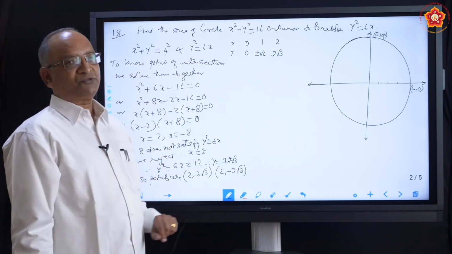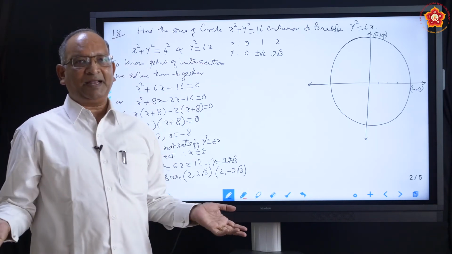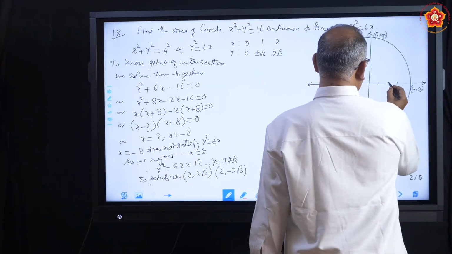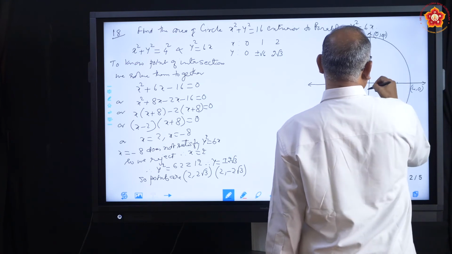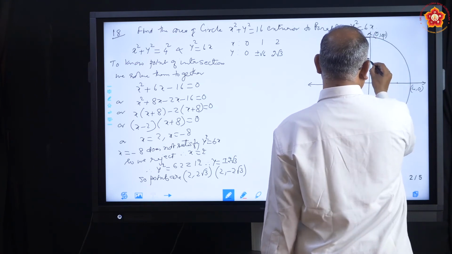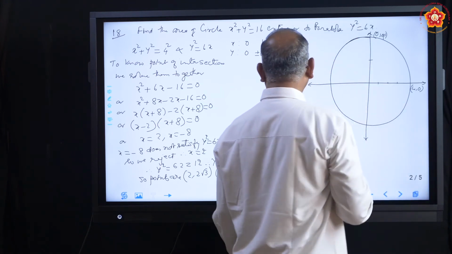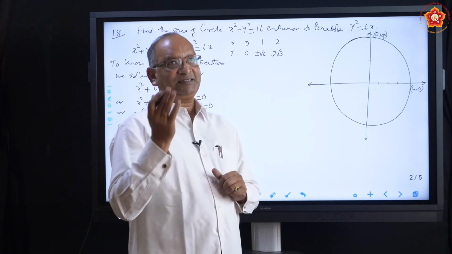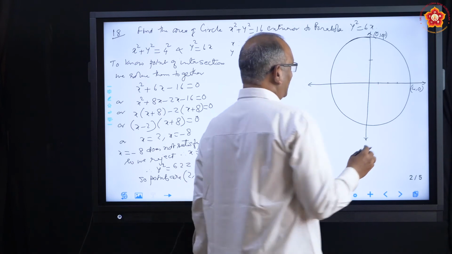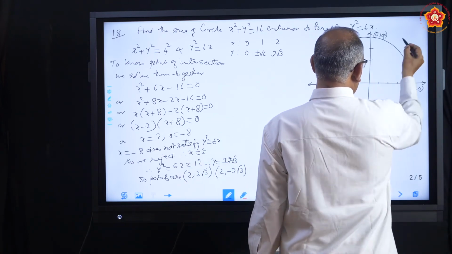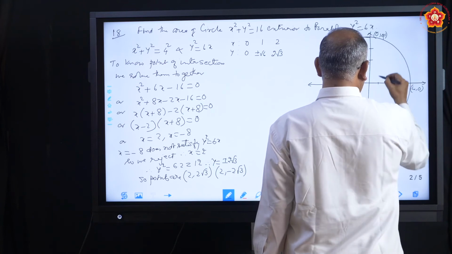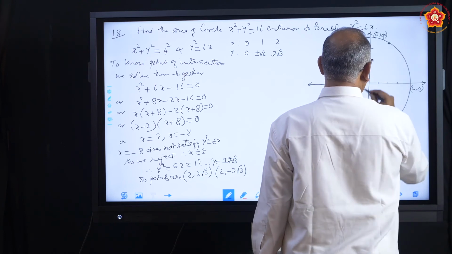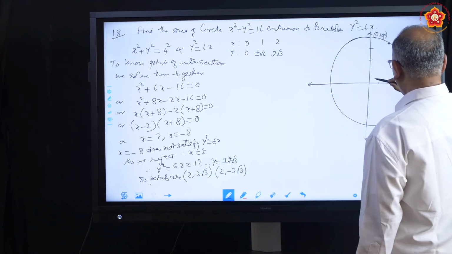What kind of parabola is it? y square equal to 6x. It is a standard parabola which opens to the right side. So when x is 2, it is 2 root 3. Remember, this whole thing is 4. So somewhere here is 2. What do you mean by 2 root 3 approximately? Root 3 is 1.7. 1.7 into 2, 3.4. So suppose if this is 3, somewhere above. So somewhere here, this is 3. So let us say this is the point. So draw the parabola.